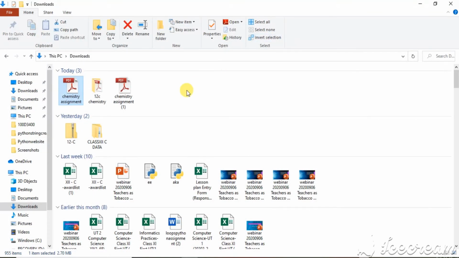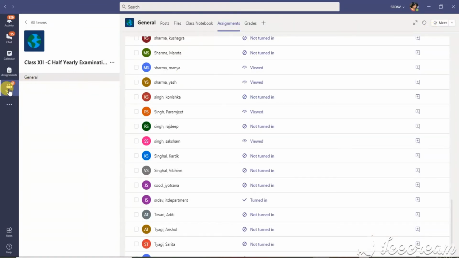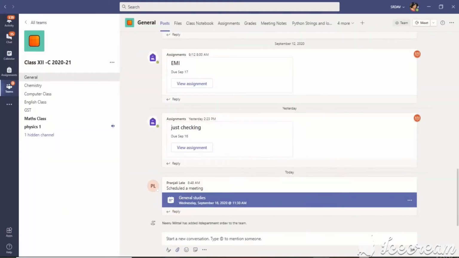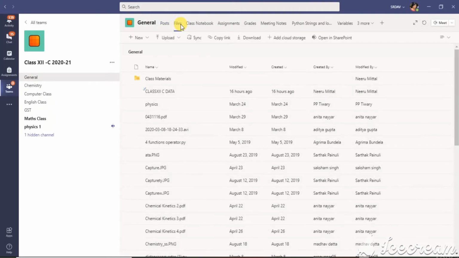Now you can distribute the sheets to the students in two ways. Either make a folder of all the sheets like this and upload the folder to Teams. You can upload the folder to Teams, your class Teams which you use generally for teaching. Go to class, click on the attach button or go to files and upload. It's better to upload the paper of your subject in your own channel. So you can go to chemistry channel because it is a chemistry paper.